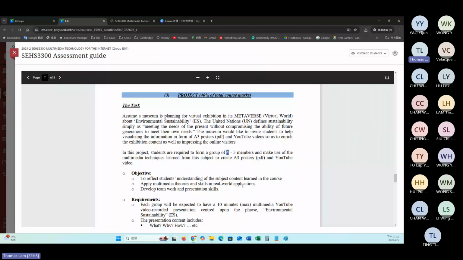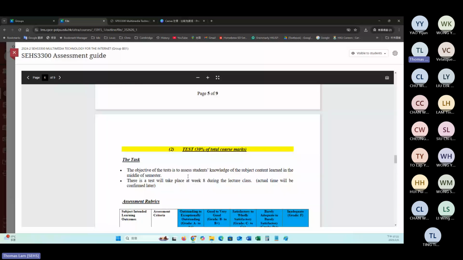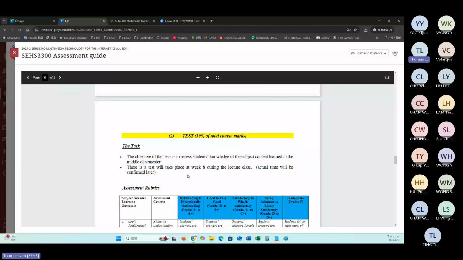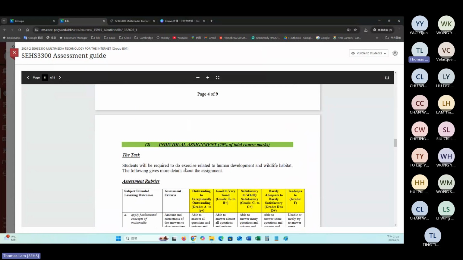So you can first take a look at this one, and I'm sure that some of you are really experienced and have creative ideas for this. I will talk about this later, but you can look at this first, and we will have tasks. I'm planning to have the online test directly, so that it will be convenient for you and me. You can get the result directly, and then you will have the individual assignment.